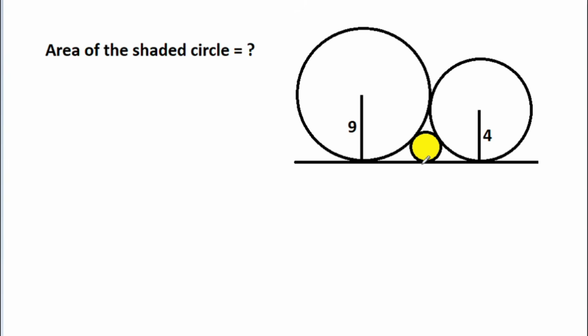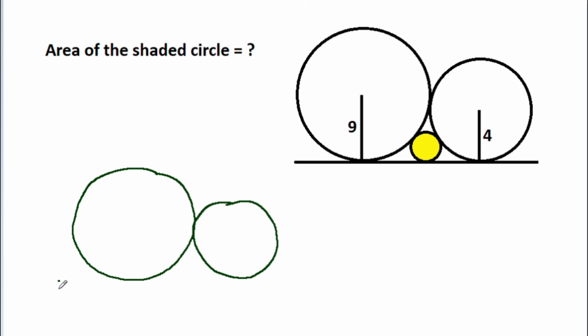Can you find this shaded area? Suppose we have two circles touching each other, and suppose this point is A, this point is B, and the center of this circle is P, and the center of this circle is Q, and suppose the radius of this circle is a and the radius of this circle is b, then